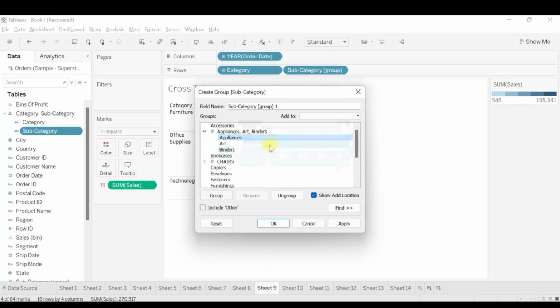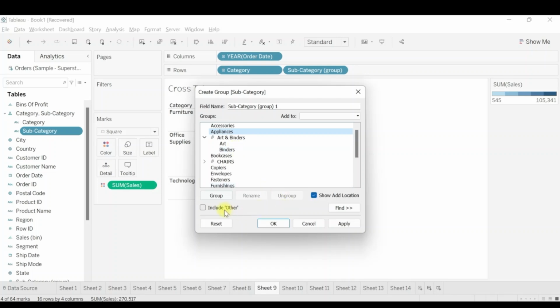So it will come under this particular group. So this is one way to create groups with two or multiple items. Now again we can ungroup it. If I select the appliances and click on ungroup, the appliances will come out of that particular group. This is the functioning of ungroup.